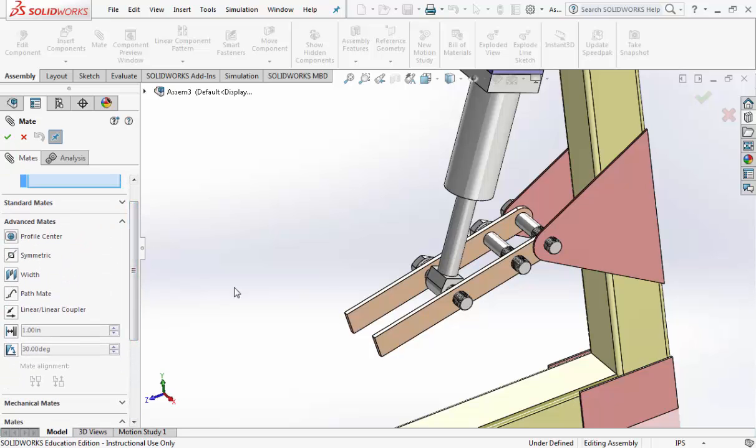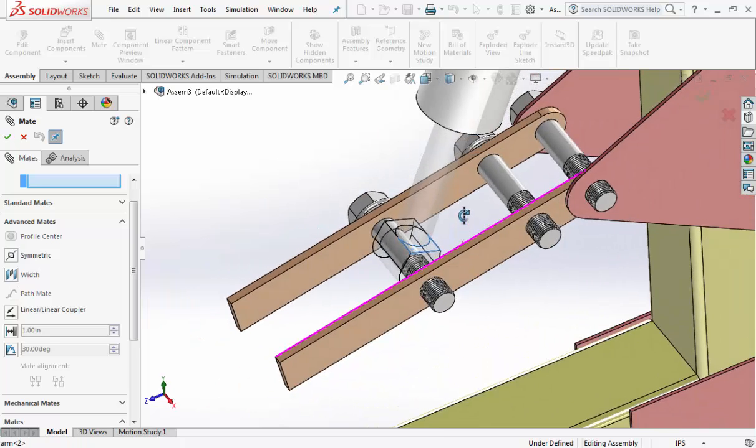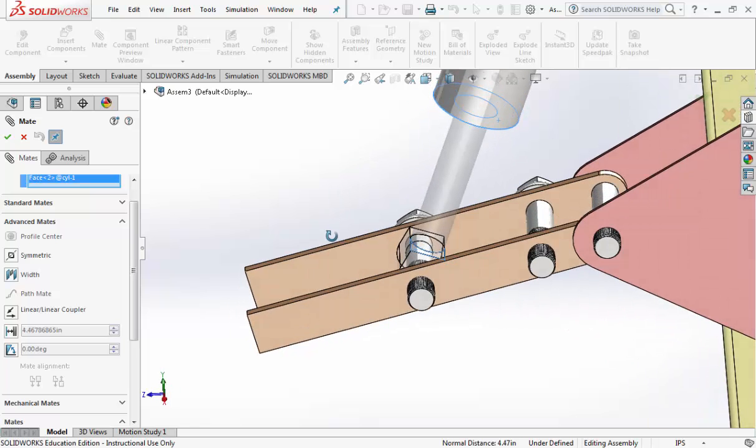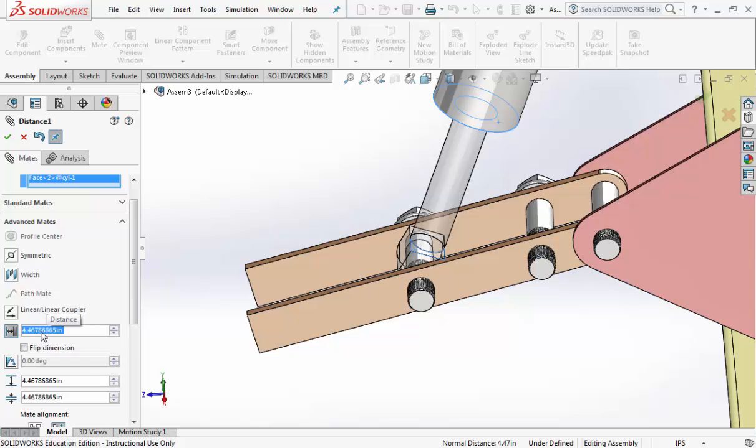Okay, so I'm under Advanced Mates now. I'm going to click on the top of this part here, middle mouse button straight up, get the underneath of our cylinder here, click on that, and then we want to turn on something called distance. Over here on the left, check on the distance icon to turn it on, make that 0 and hit the